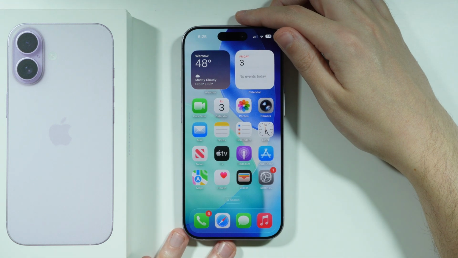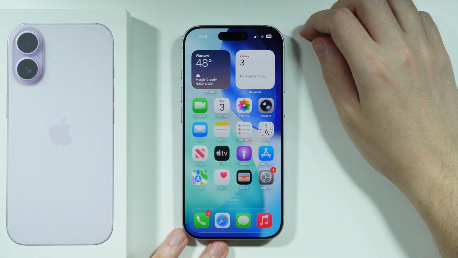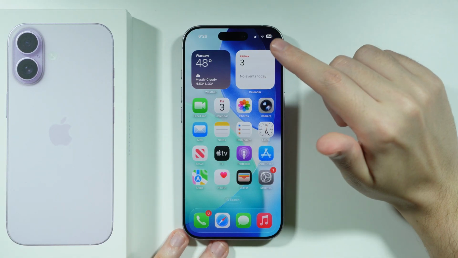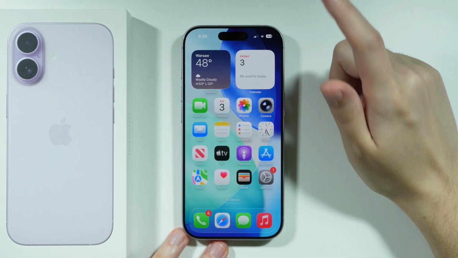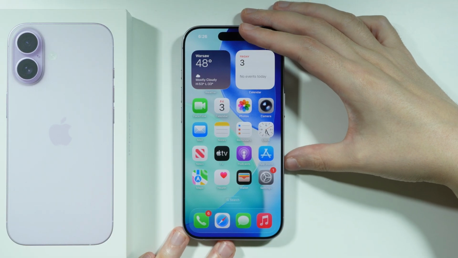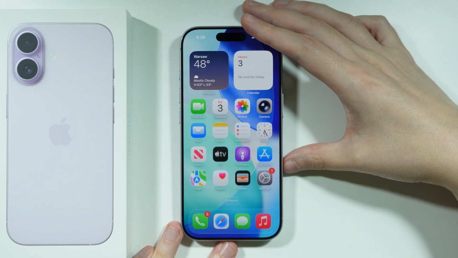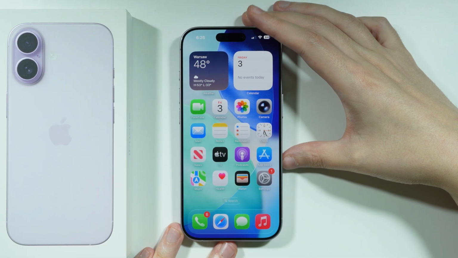If you want to use visual intelligence on iPhone 17, then we have two main ways to do so. First, I'm gonna show you the method that I find quite annoying to use actually. And let me quickly show you why. Because we can use the camera control button to activate visual intelligence, but most of the time, at least in